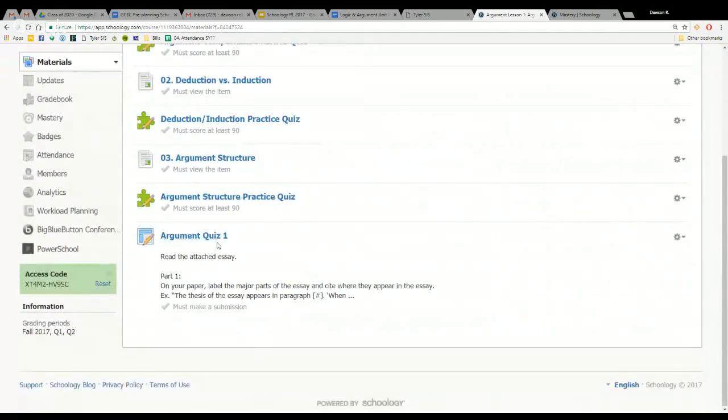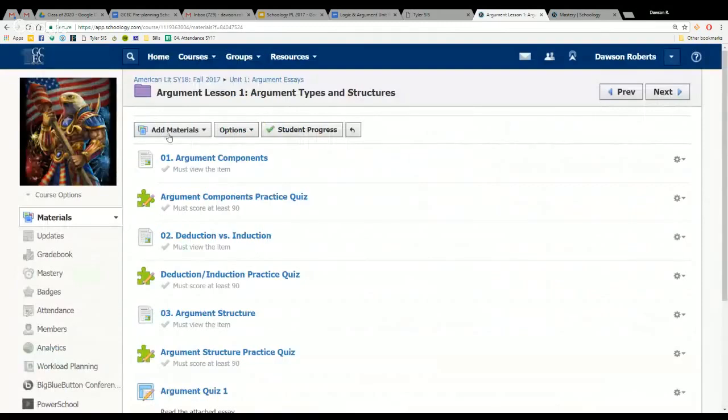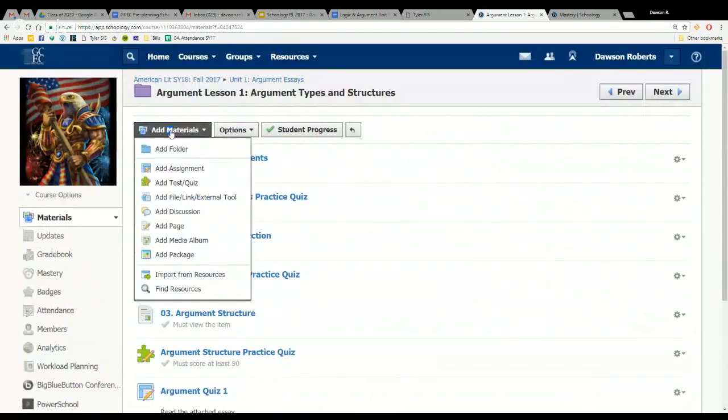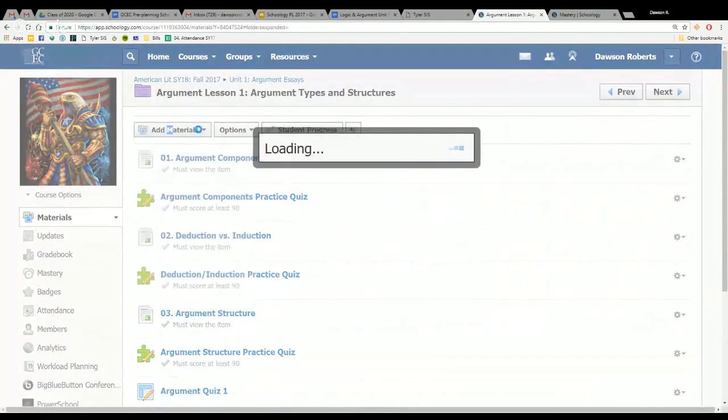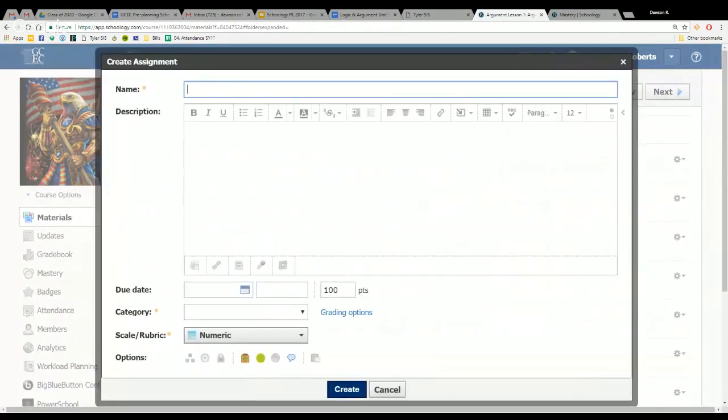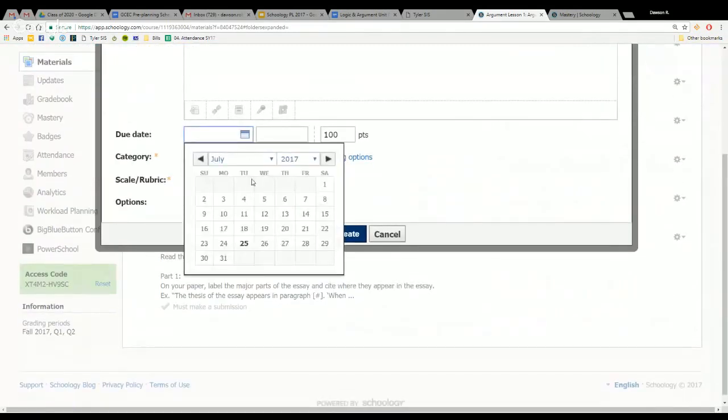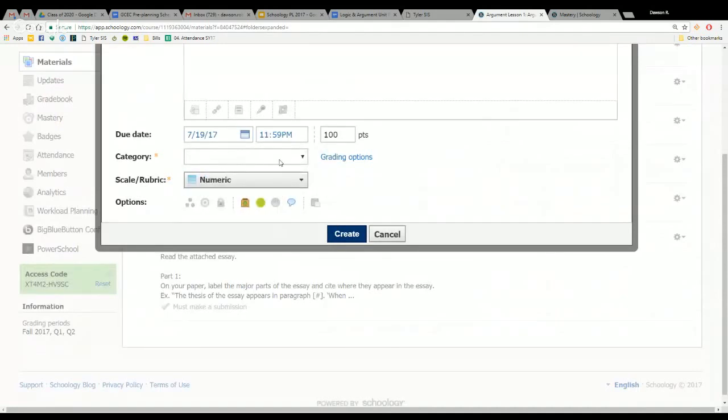Let's make an assignment. So click Add Materials, Add Assignment. And fill in the forms, pretend we're doing something, do all of this. Now, to set up